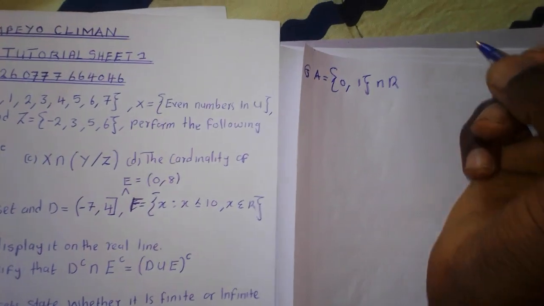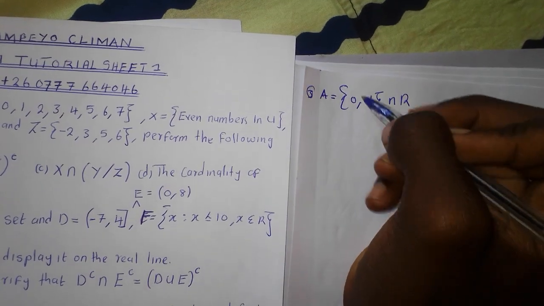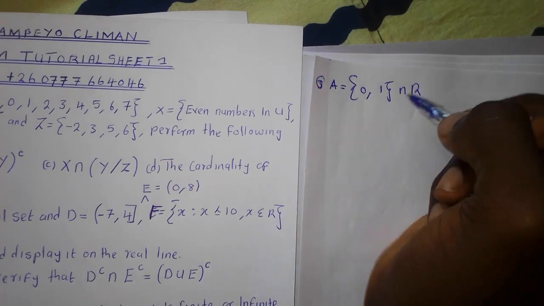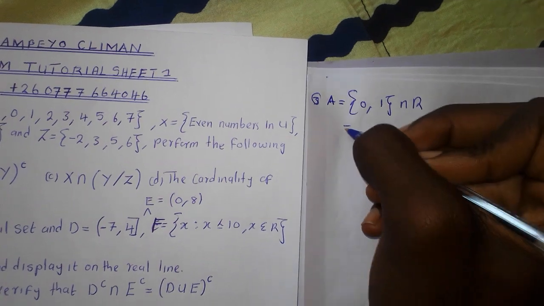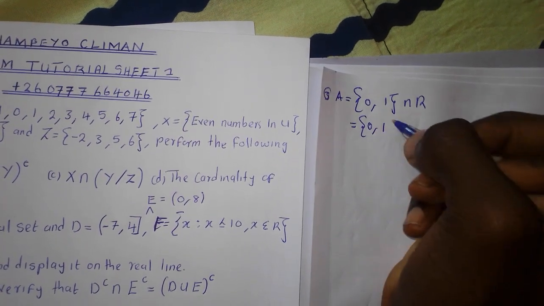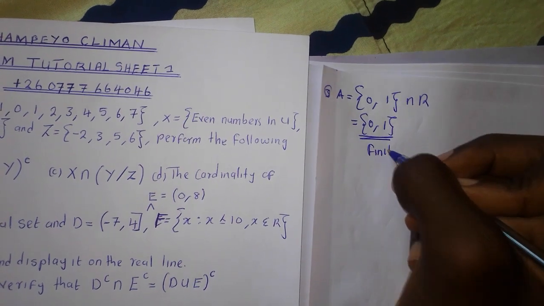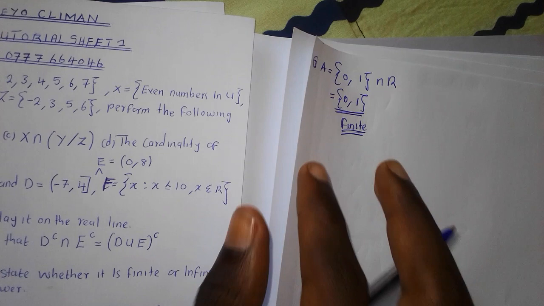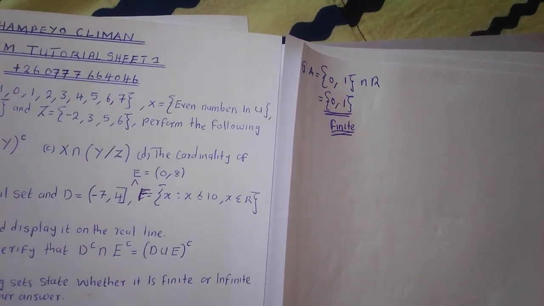Now for this one, they are simply saying we find whether it is finite or it is infinite. Now, since these are independent terms, and this is all real numbers, therefore, if we find the intersection of these, the answer is just going to be 0, 1. Okay, therefore we say finite because we're able to count whatsoever is in there. Get to B. Get to the other question. The other question is simply saying,